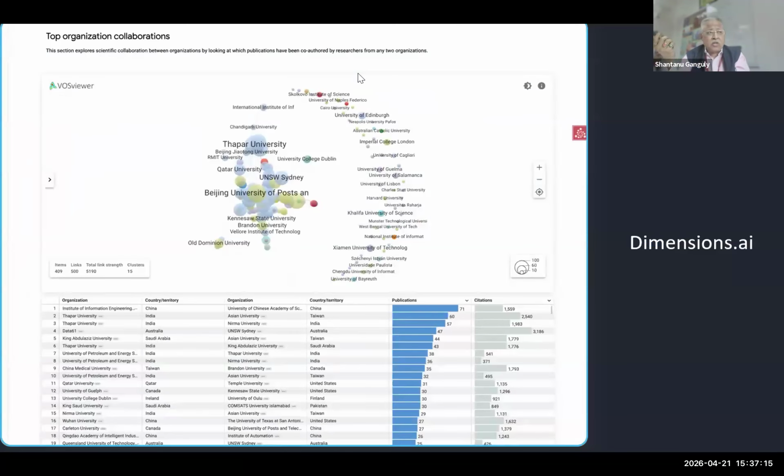And then there is Dimensions.ai, which I use for a different purpose. When I am working on a particular area, I want to find out what research has taken place, what grants there are, what patents there are, and what policy documents have come up. So when I have to find out the quadruple helix of any particular area, I generally use Dimensions.ai